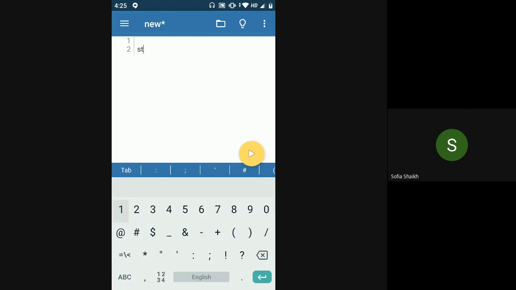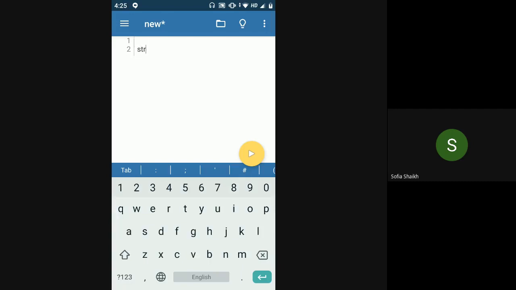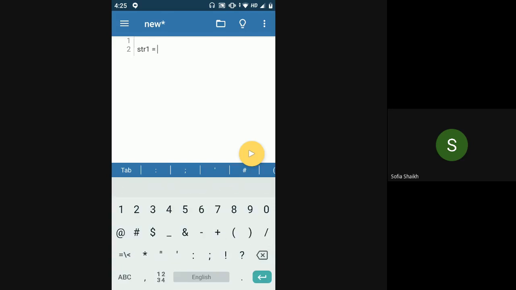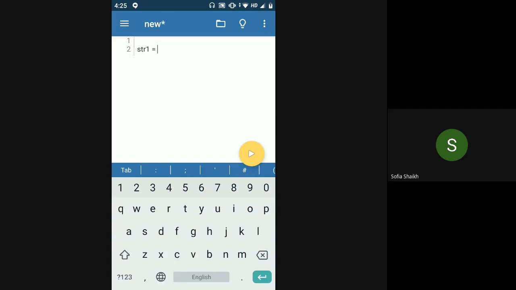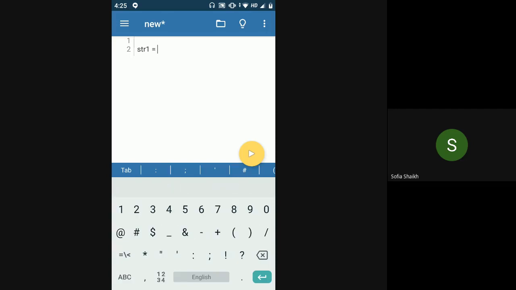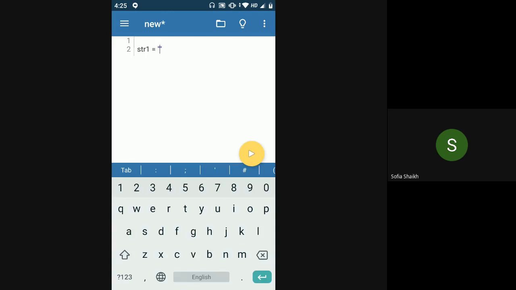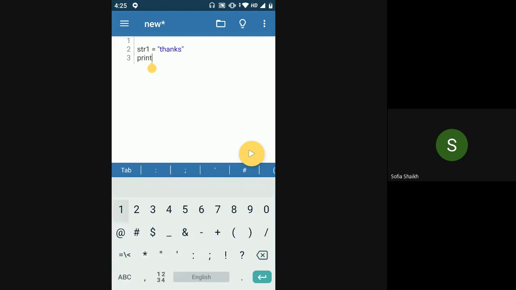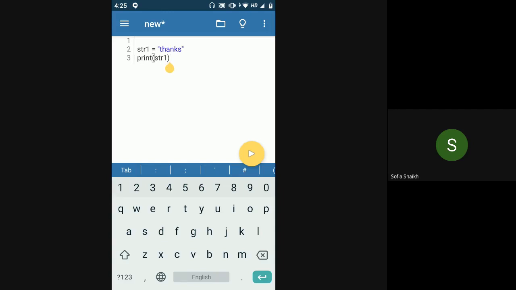Yeah, and for strings also, one thing you can do is, so if I have str1 is equal to, you can use that plus is equal to, okay, in this case. So for example, since the plus operator works on strings, you can use the assignment operator plus is equal to as well in this case. So I'll say thanks, okay, and now I want to make this thanks as thanksgiving, okay. So in this case I'll just write str1 plus is equal to giving. Not sure if this is gonna work.